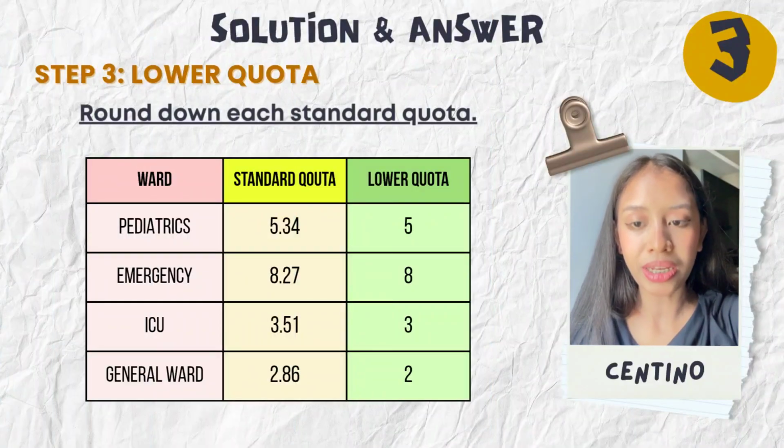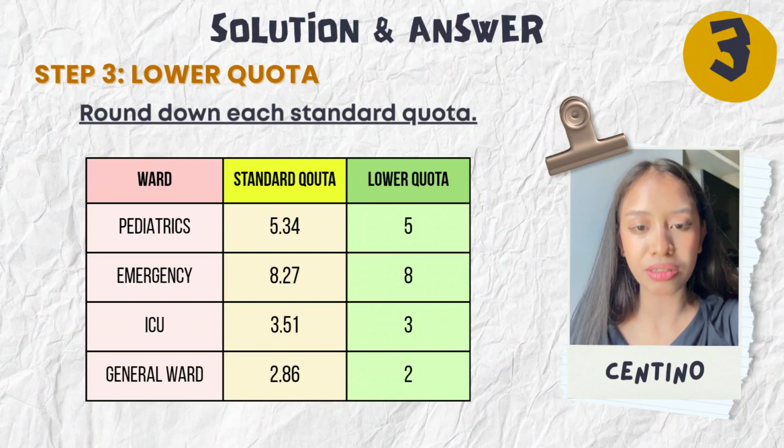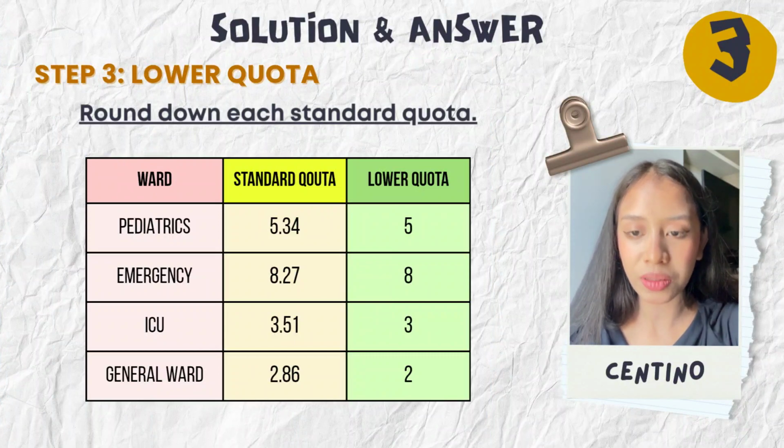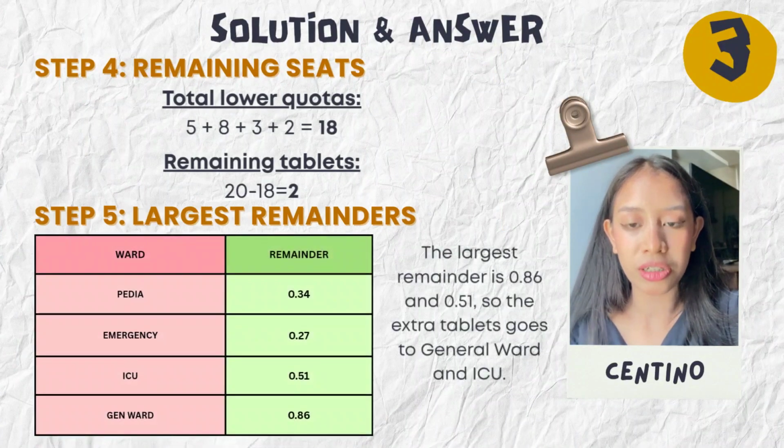In step 3, we take our standard quotas and round them to the nearest whole number to find the lower quota for each ward. This gives us a baseline distribution wherein pediatrics gets 5, emergency gets 8, ICU gets 3, and lastly general ward gets 2. Moving on to the calculation. In step 4, we found that the sum of our lower quotas is 18, leaving us with 2 remaining tablets